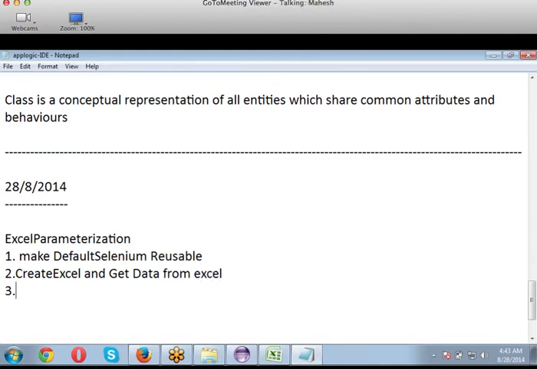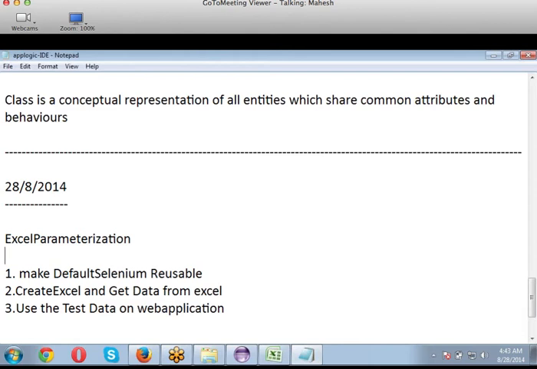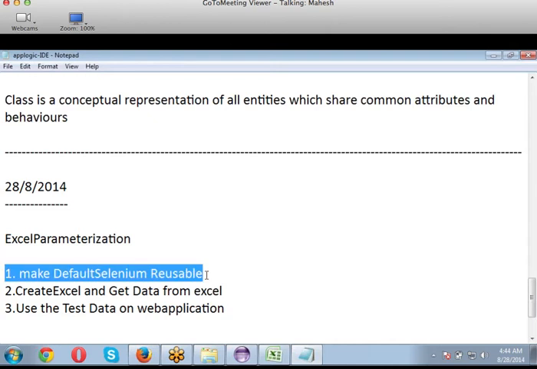Third one is use the data on web application. Okay, these are our step-by-step procedures which we need to start up with Excel parameterization. It is broken into parts. First one is make my default Selenium as reusable.